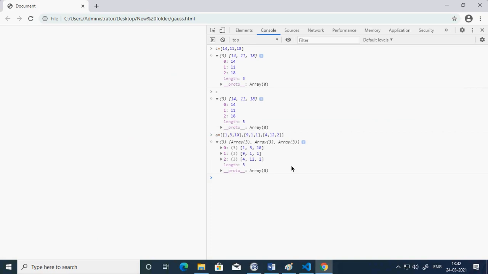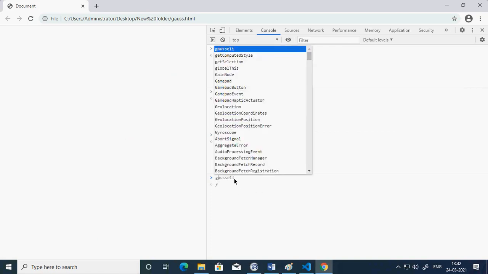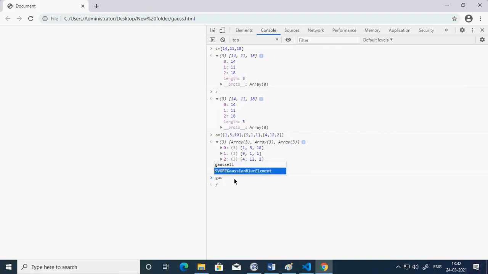So in this way I can assign a two-dimensional array as well as a one-dimensional array. So once that assignment is done, then I can use this Gauss LE function and just pass on A, comma C, and then I can get the solution. So presently I haven't defined what Gauss LE is going to do. Okay, once I define that, then I'm going to get the solution.